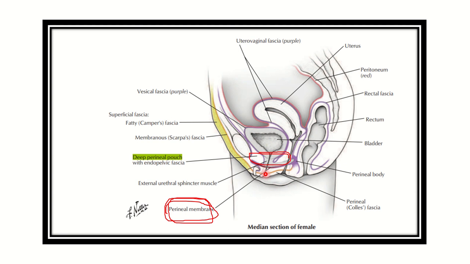Here we can see this is the perineal membrane. So just behind or deep to the perineal membrane there is a space, which is the deep perineal pouch. Here we can see this is the deep perineal pouch. So the deep perineal pouch lies in this area. So the structure in this area, that means deep to the perineal membrane or the upper part of the perineal membrane,